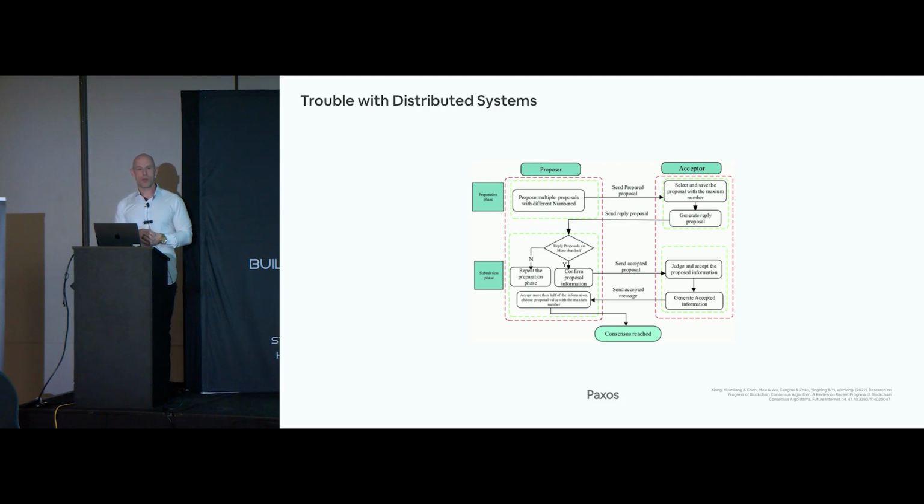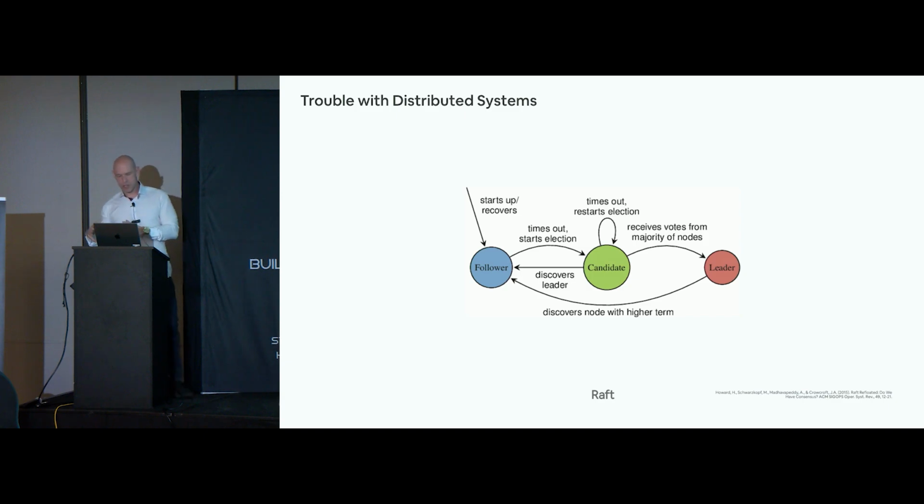And Paxos is a very flexible system that allows you to do a lot of trade-offs and still arrive at consensus in a way that makes sense for your use case. And then there's Raft, which is much simpler and more preferred, but not quite as flexible as Paxos. It forces you to do consensus in a more restricted way.